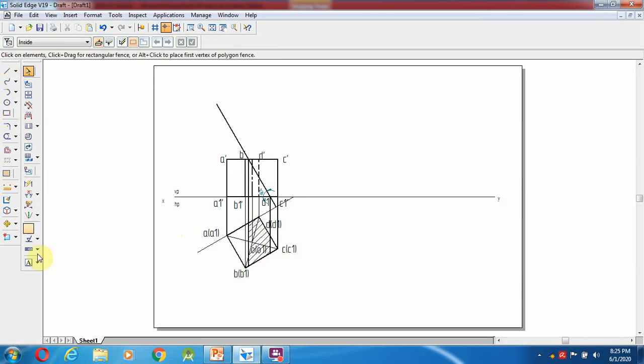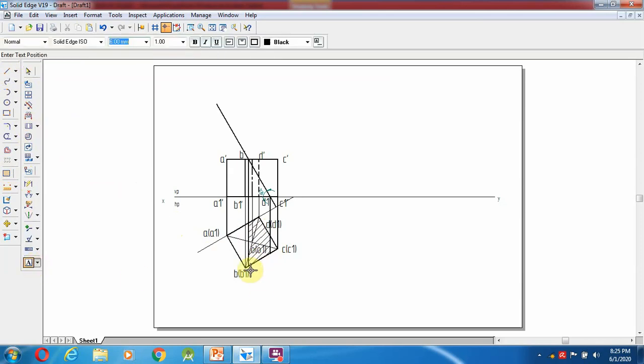Go for here, text command, this is 1, this one will be 2, on this side 3, and here see the position it will be changing over here. This corner also you have to give the name 4.